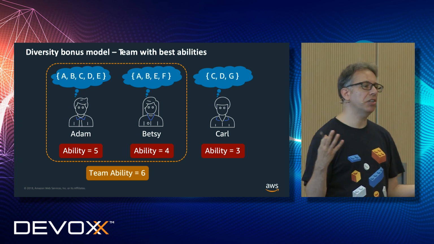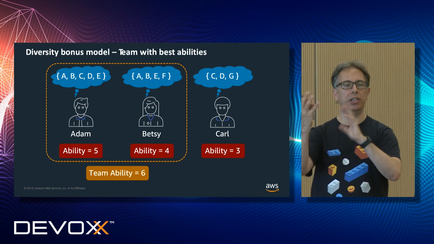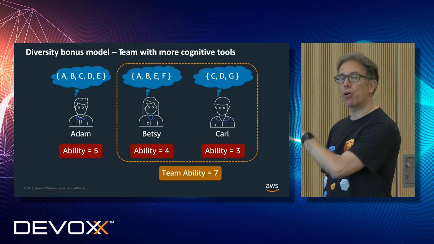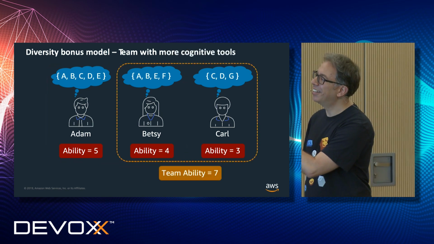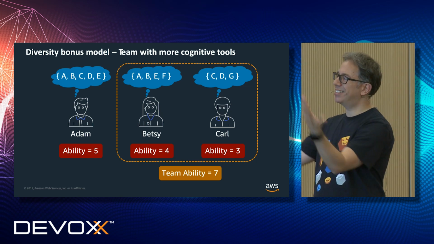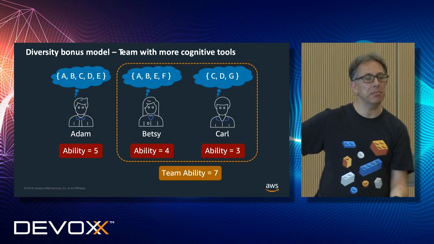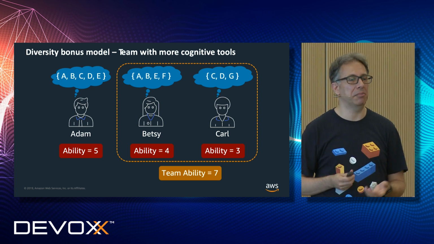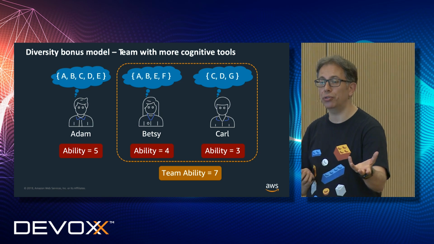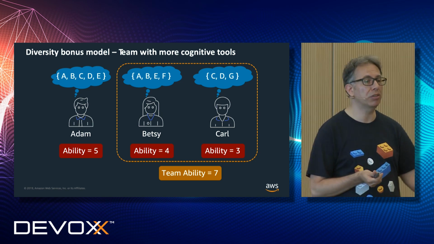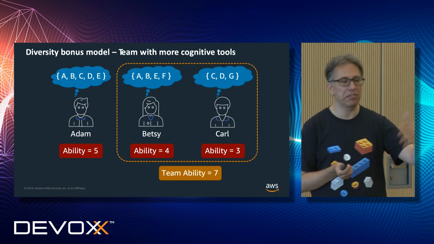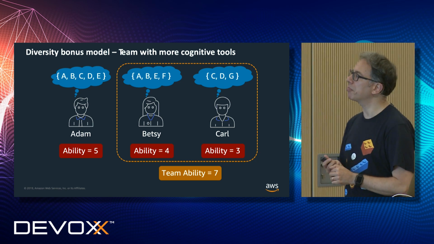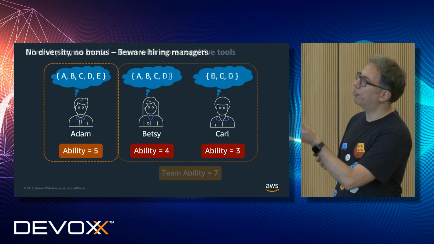I have to think of these cognitive tools as different ways I can look into a problem and find a solution. What is interesting, if I take the two worst people here, there's less overlap, and I get 7 different abilities. So this team, even if it's created in this way, has probably more chance of finding a different solution to a complex problem, because it's able to look from a different perspective, maybe from the backend, from the front end, from the data, from the API management point of view. So this is an example of diversity bonus.